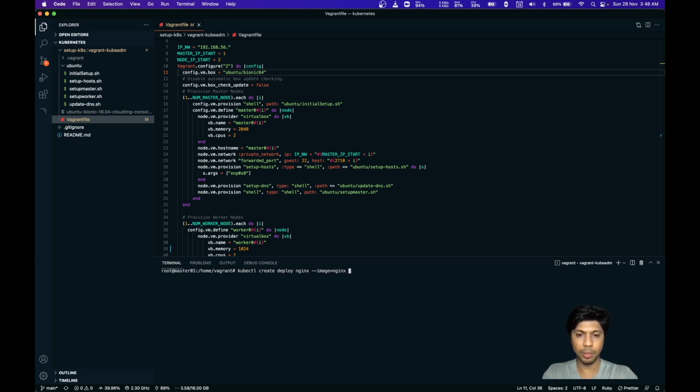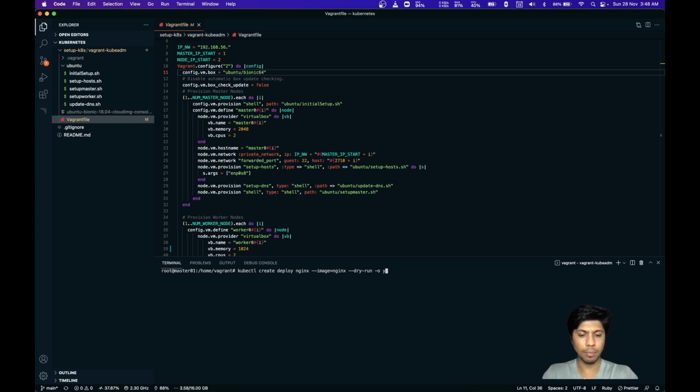This will be the image used for the pod which will run. Then --dry-run, because I don't want to directly run it. I want to do some tweaking before it executes.